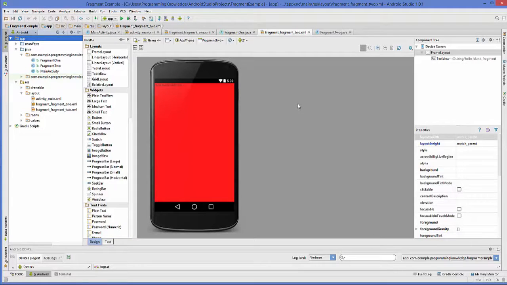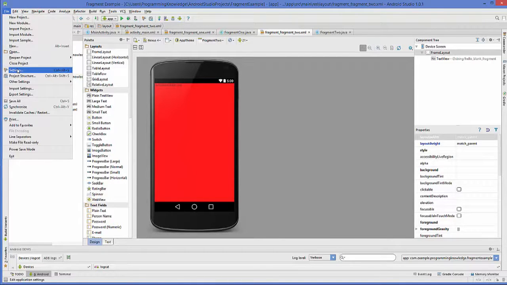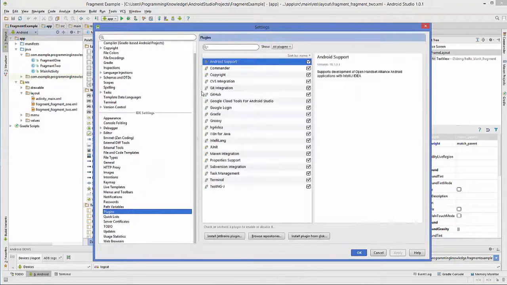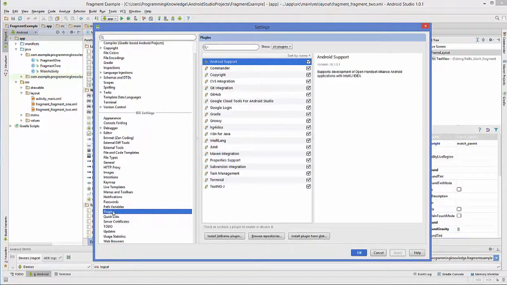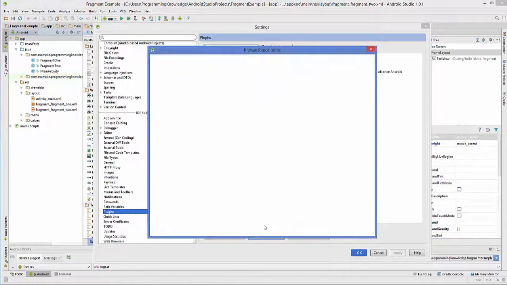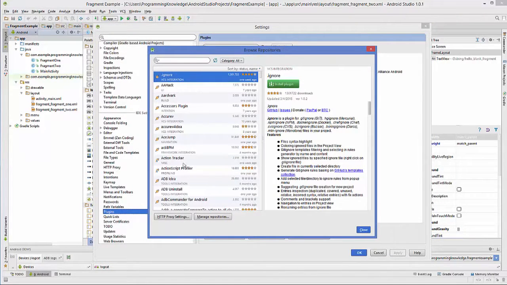So in order to set up Genymotion emulator for Android Studio, what you need to do is go to this option called Files and go to Settings. And in here, search for the option called Plugin. Okay, so select this option called Plugin, and in here you will be able to see this interface. And in here, just click this button called Browse Repositories,